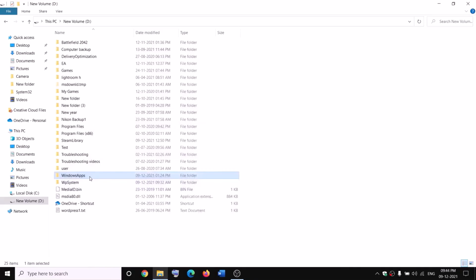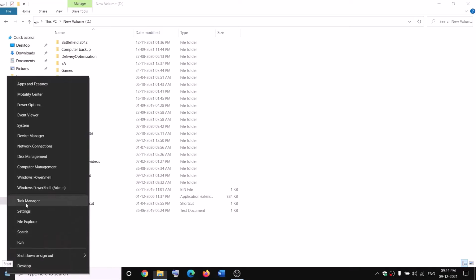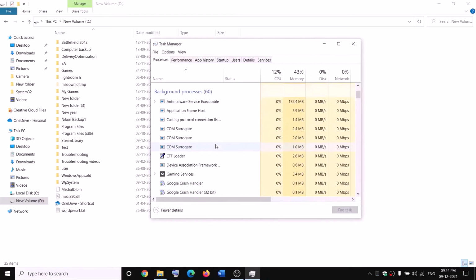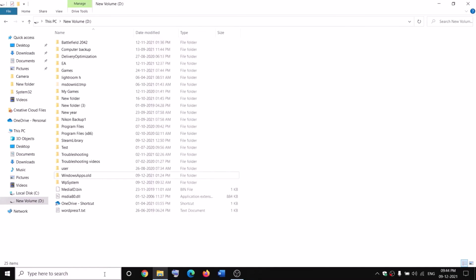Now make a right click on Windows apps and then click on rename and then rename it as WindowsApps.old. Now while renaming it, if you receive any kind of error message which says file is open, in that case open Task Manager on your computer, make a right click on the start menu, click on Task Manager. Now if you find gaming services, make a right click and then click on end task, and also open services